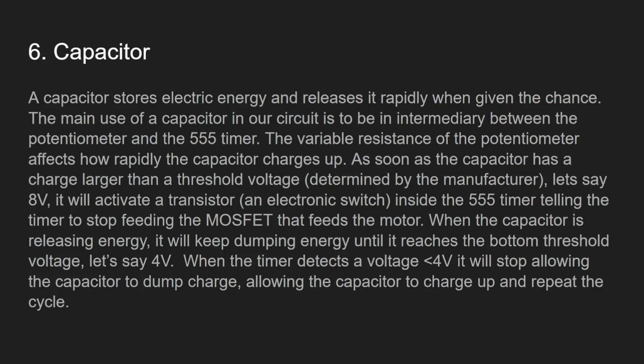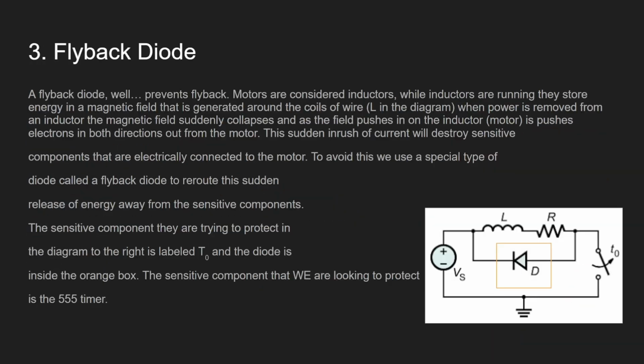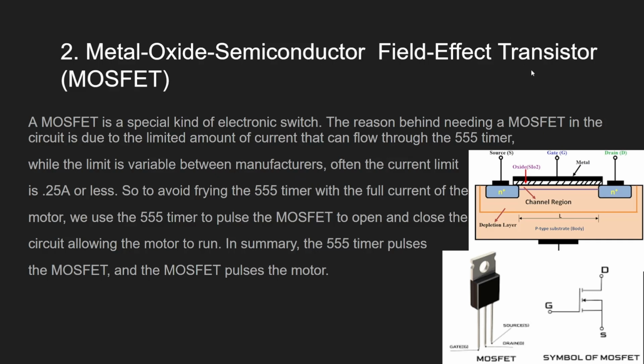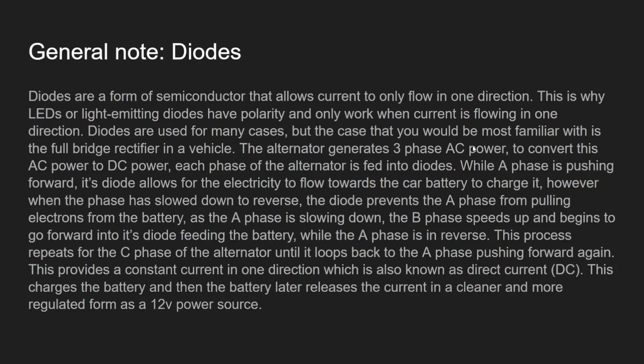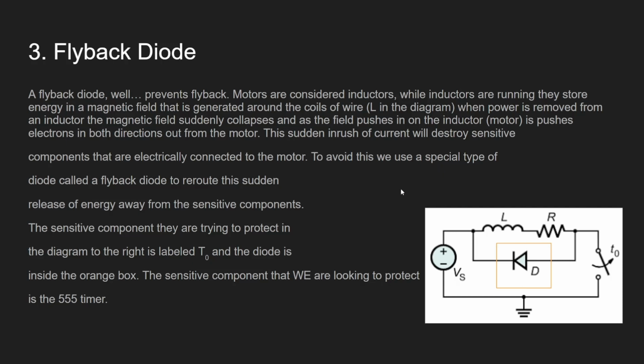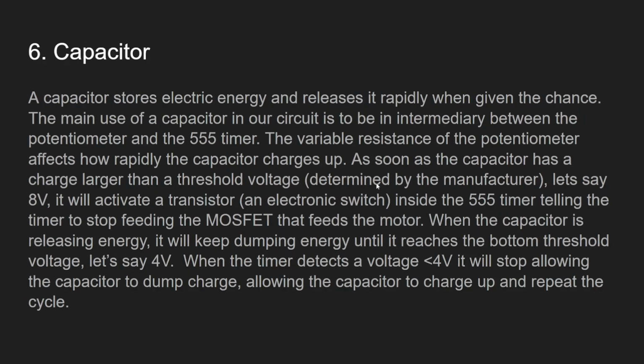Remember, a MOSFET is also a transistor. Here, we'll go back. Notice field effect transistor. So transistor is an umbrella term, and there are subcategories. Of those subcategories are FETs, field effect transistors, that use that kind of mechanism there. There are other kinds of transistors that do it in a different way, but it's still a way of controlling voltage. It's a way of electrically controlling something with a third and weaker power source. Okay, so